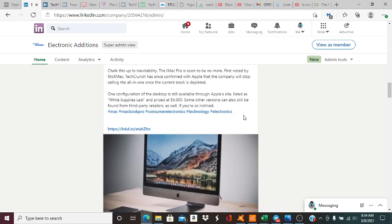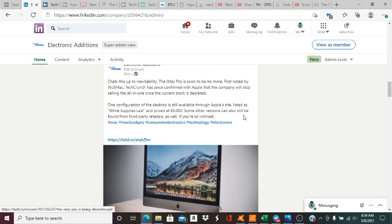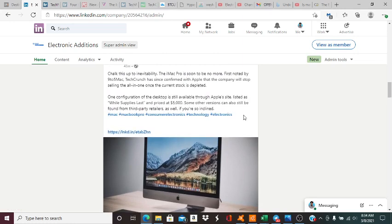So it looks like this iMac Pro is just being discontinued, right? That's kind of a bummer for some people that like to use iMacs and the iMac Pro. iMac Pro looks very clean, very nice. So it looks like they're no longer going to be producing this, but you can still find these at third-party